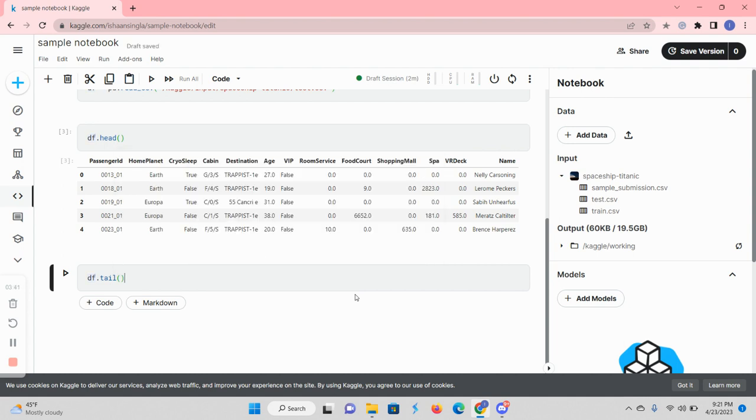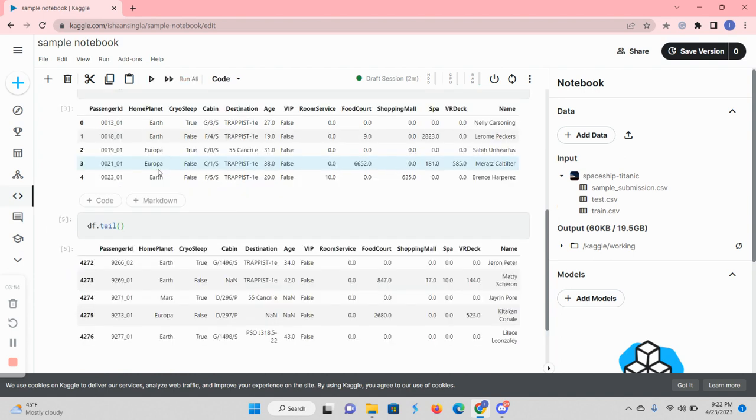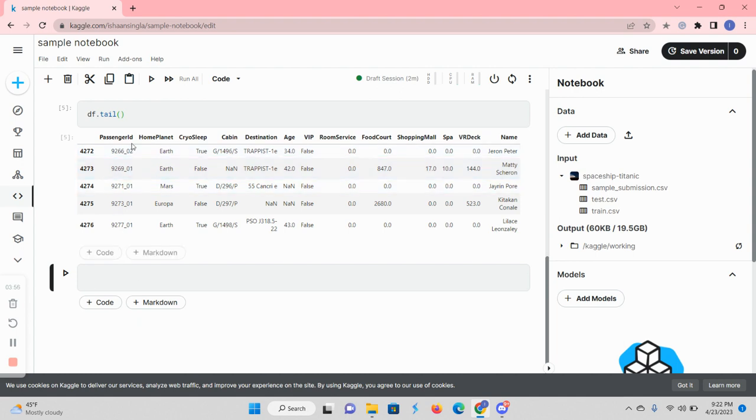Makes sense, doesn't it? And remember, you're going to want to do shift enter. If you just click enter, it will take you to the next line. Or you could click this right here. So these are the last 5. Pretty cool, right? I personally prefer doing shift enter because it will create a new cell for you once you run this. All right. Another command you can do is